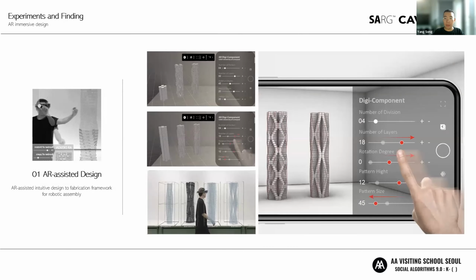So first is the screen-based immersive design input method. It is suitable for smartphones and tablets. In this system, we preset different algorithms with suitable shapes. The user needs to choose an algorithm first and change the parameters or settings to design their own structure. For example, in this case, for these brick columns, we can change the height of the column, the rotation of the whole column, and each pattern of every layer, and also each brick, the rotation of each brick,